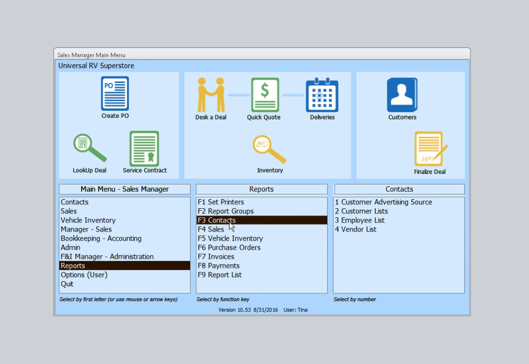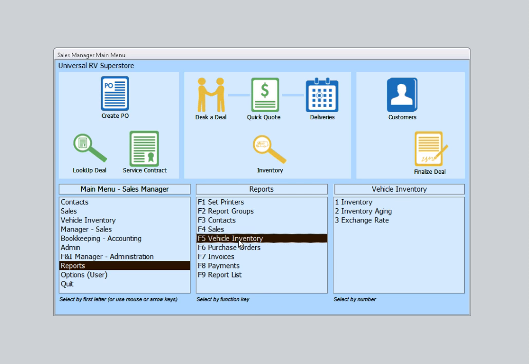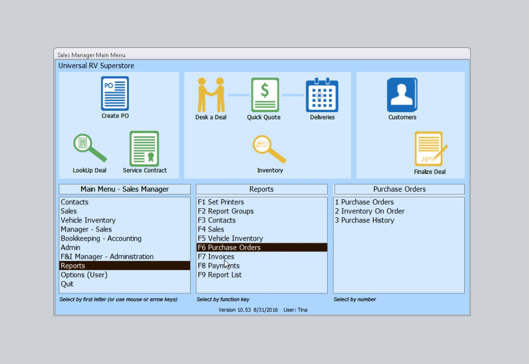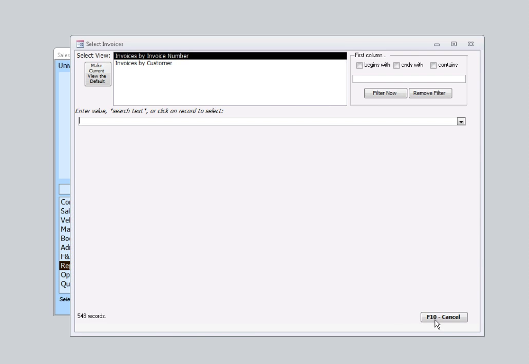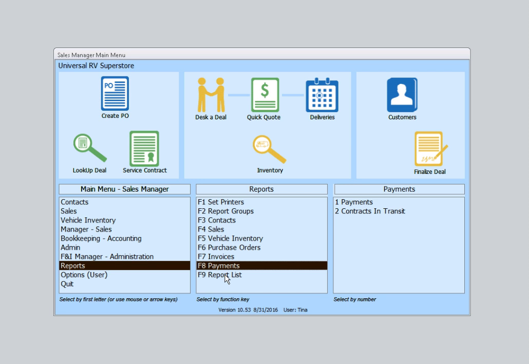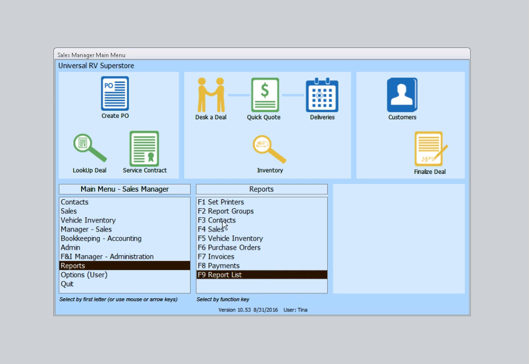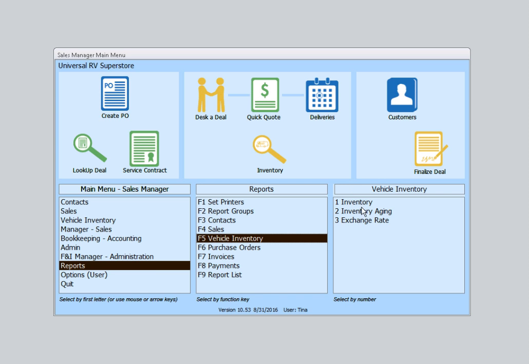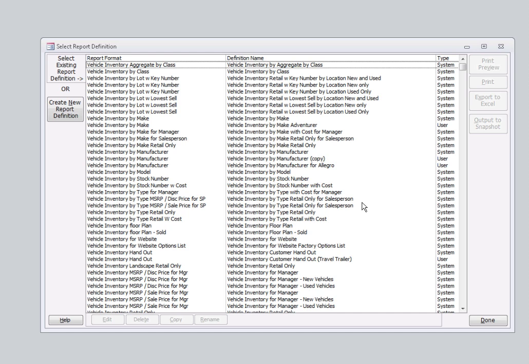Here you will find reports associated to contracts, sales, vehicle inventory, purchase orders, invoices, payments, and because there are so many reports readily available for you, we have created a report that lists all of the different reports. Let's select vehicle inventory. Now you can choose between inventory, inventory aging, or exchange rate reports, which are all specific to inventory in general. I'll select inventory, and now you will see a list of all the reports associated to